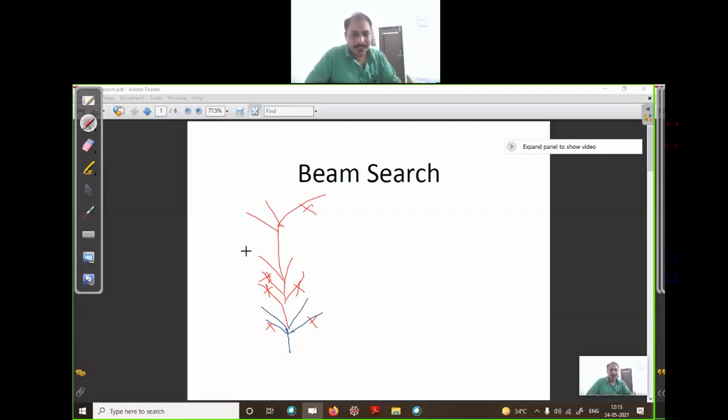The same thing we are doing in beam search. We are pruning the unnecessary branches of that node. We are considering only some of the best successors of that node, and the successors which do not have a good heuristic value are removed from our list. Is it clear?